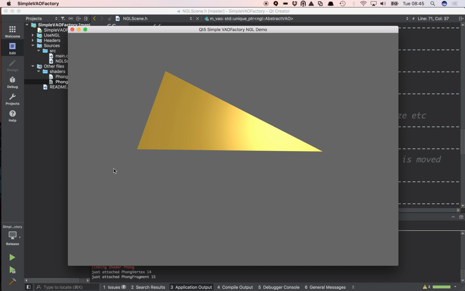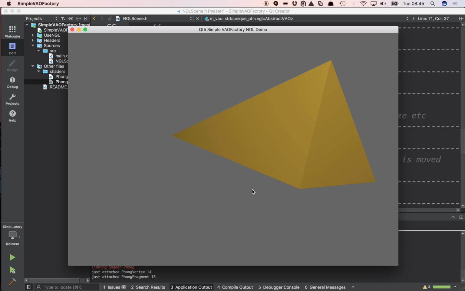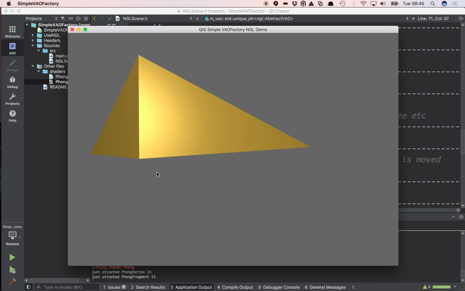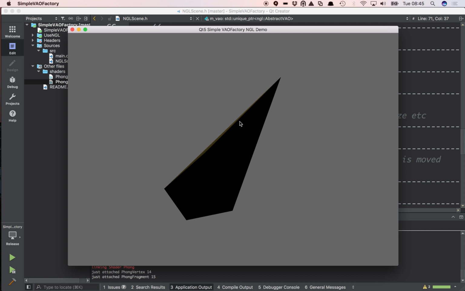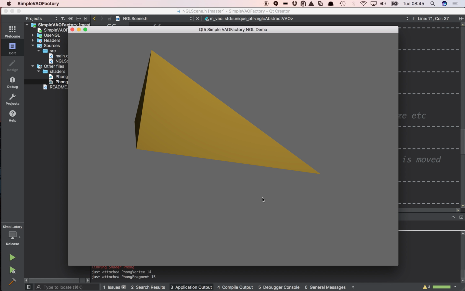So this demo is going to demonstrate how the new NGL VAO factories work and how we can create vertex array objects within NGL. So what we have here is a very simple void shape that's been generated by a series of vertices, and we're calculating the normals. And we're going to use the built-in